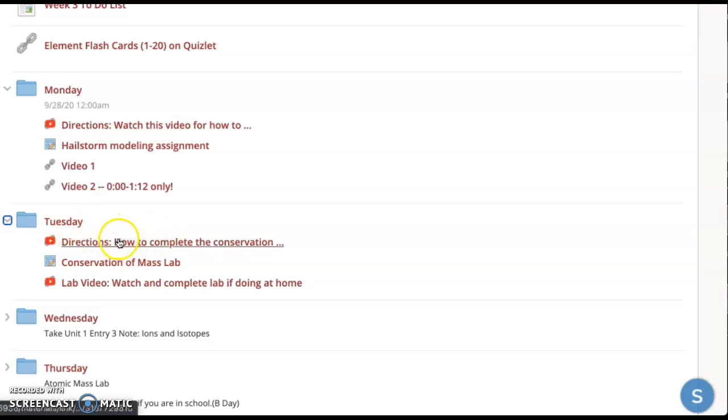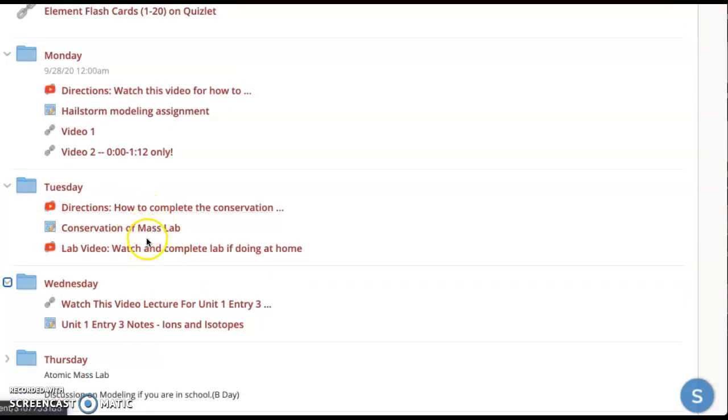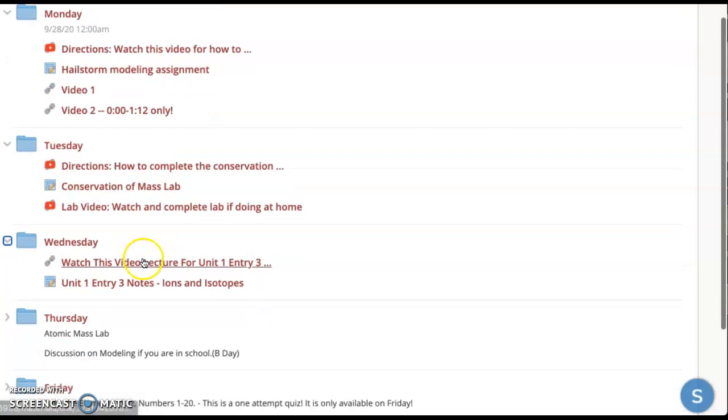So Tuesday you have a lab. If you're doing it at home, you're gonna have to watch that video if you don't have the materials. If you have the materials, feel free to do it. I'll actually add a materials list there so you know what you would need. But most of you are not going to have scales at home, so you might have to do it that way. Otherwise, I'm just going to do the lab maybe with a